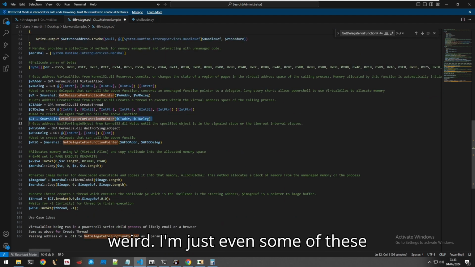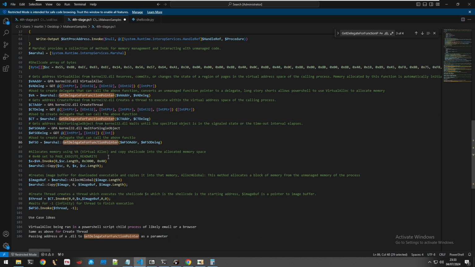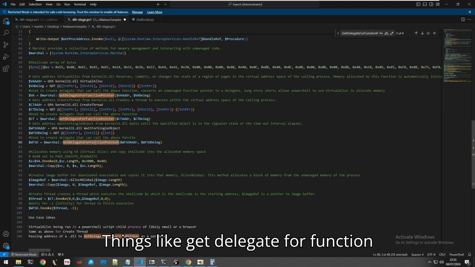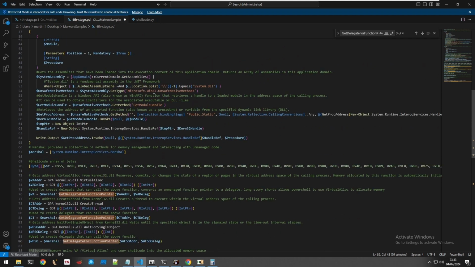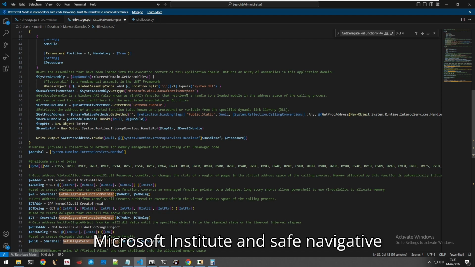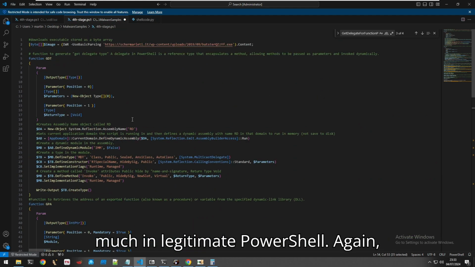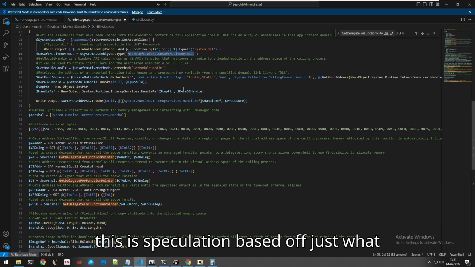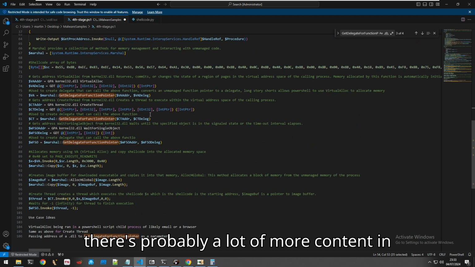Even some of these functions, I would imagine things like GetDelegateForFunctionPointer probably aren't used very often. Similarly, Microsoft.Win32.UnsafeNativeMethods, maybe you wouldn't see that too much in legitimate PowerShell. Again, this is speculation based off just what PowerShell I've seen in the past, but